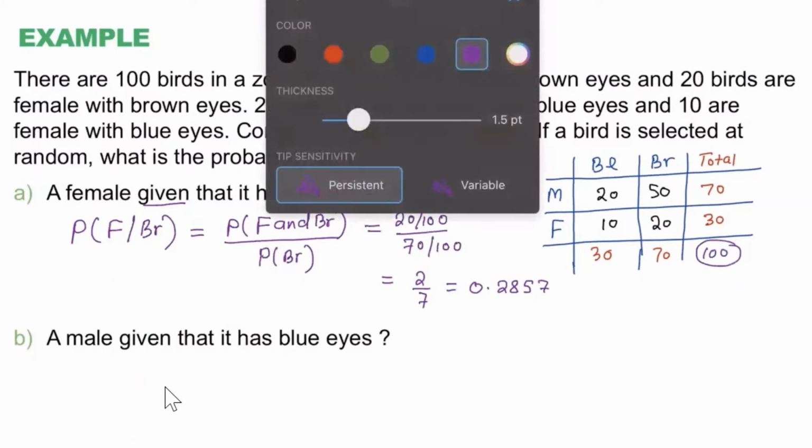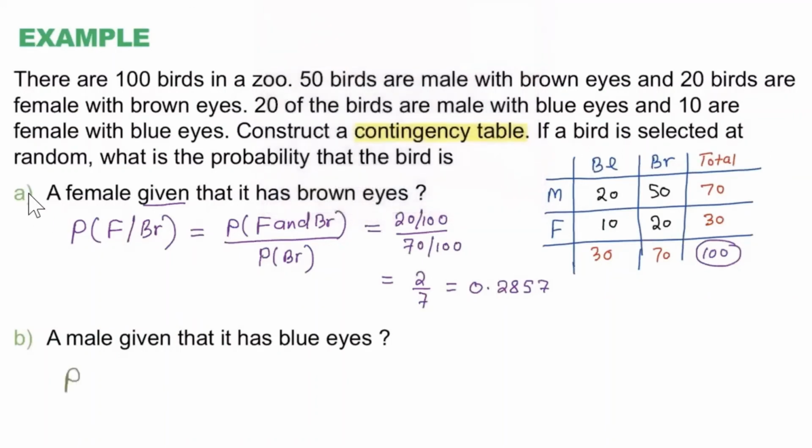In the second part, let's see what we are asked to find. We have to find the probability. Same question. If a bird is selected at random, what is the probability that the bird is a male, given that, which is slash, okay? Male, given that it has blue eyes. So you'll write blue eyes like that. So you can see, because we have the slash there, this is the conditional probability, and the formula for conditional